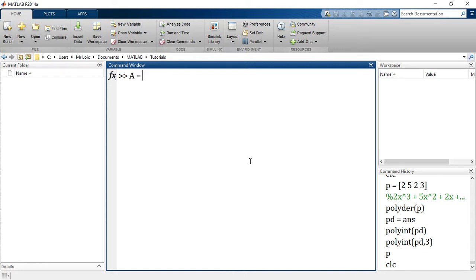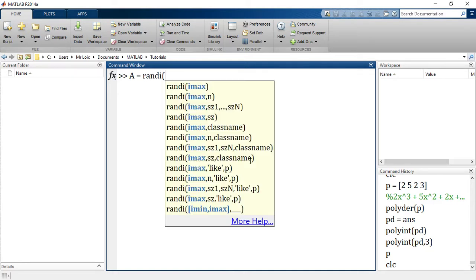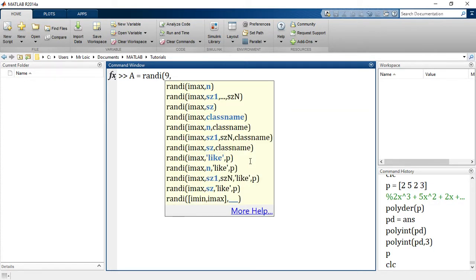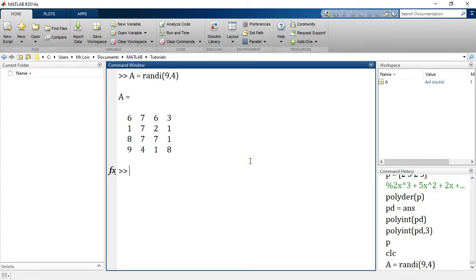So let's create an array A with which we'll be playing, and I'll say randi of, let me take a large number, 9, and let's make it 4 by 4. Let's also create a vector V. I will just use linspace for it, and I will go from 0 to 10, and I want 11 points.